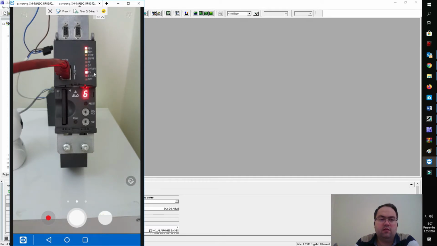Now, as I can say, the red LED is blinking red. That means there is an error on the dynamic side and the CPU is set in run mode. Our user program is running and the system fault red LED blinks. So there is a group failure. And for Profinet, some devices or modules are configured but not available, or there is an error on the Profinet. Let's try to reset our CPU.